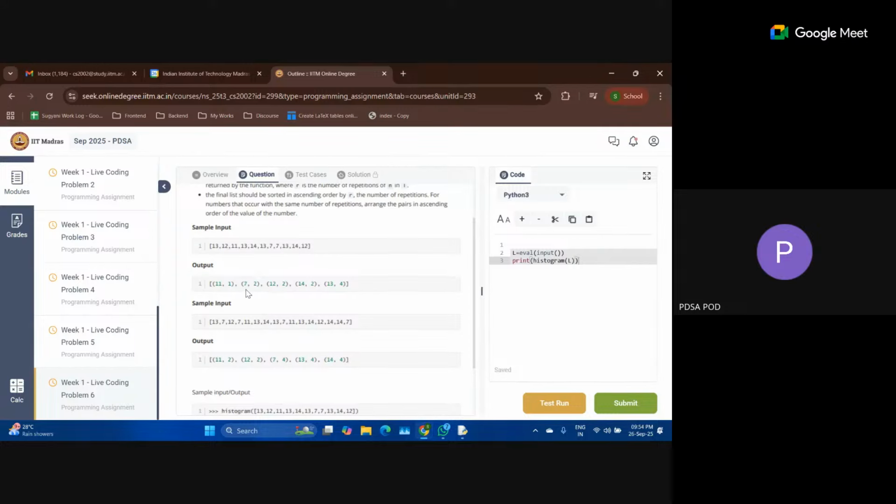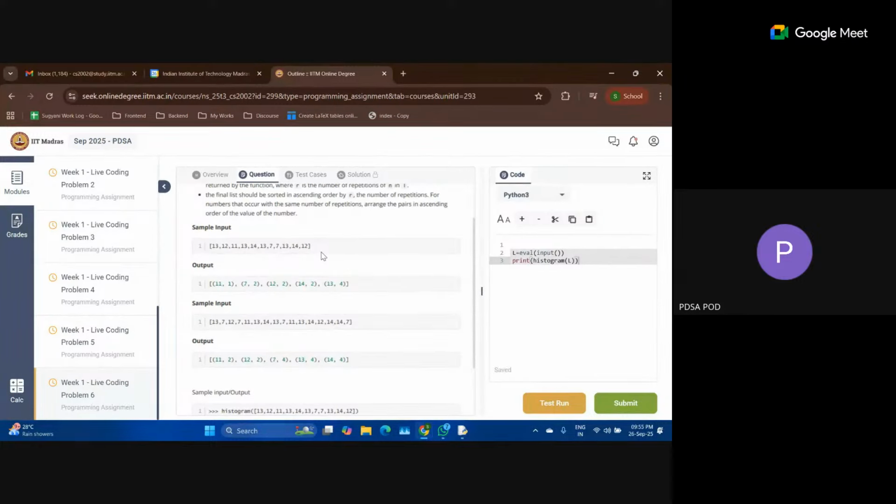Similarly you go to the second element. 7 is occurring twice, so you generate this tuple which says that 7 is the element occurring twice in the list. That way you have to find the list of unique elements in the given input list, and for every element, how many times it occurs.